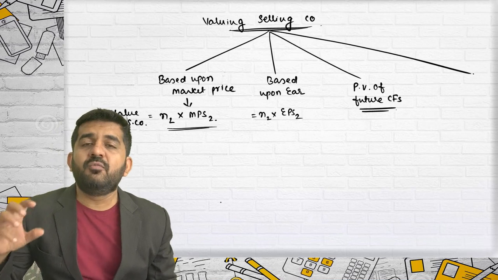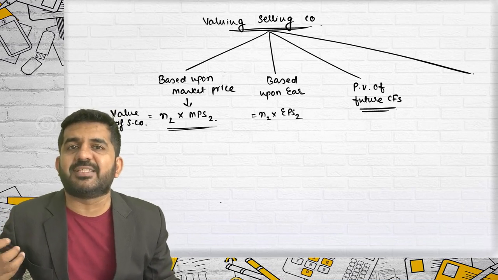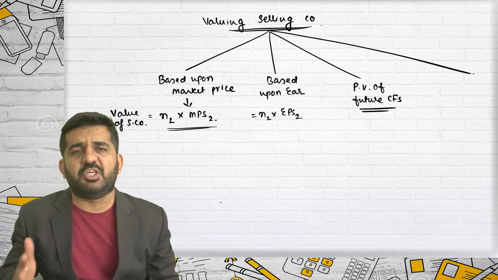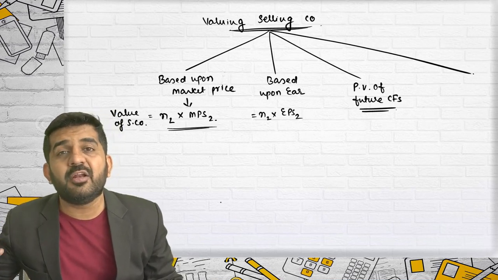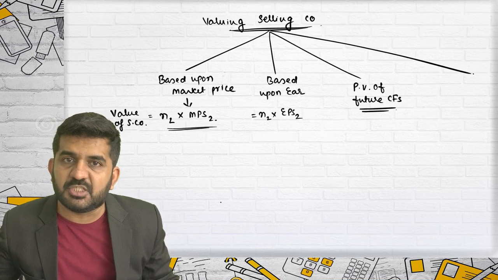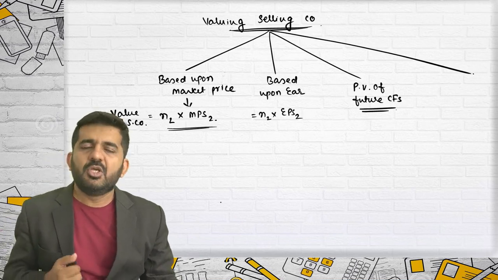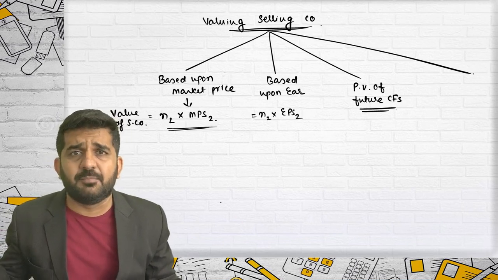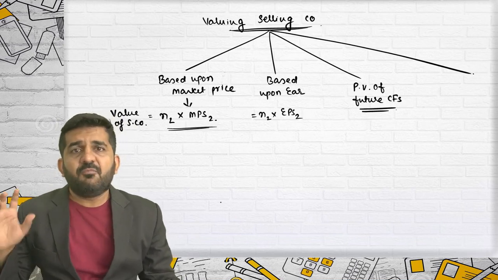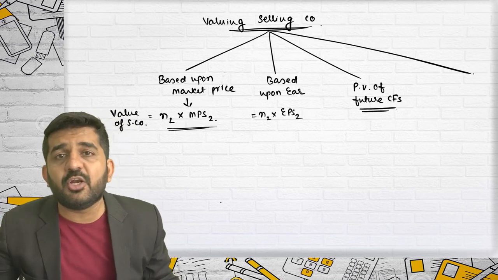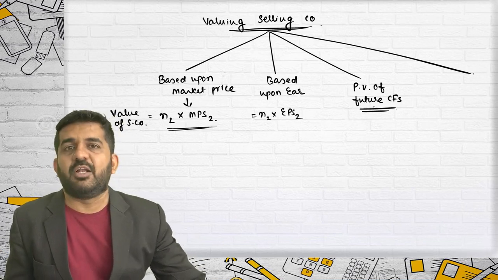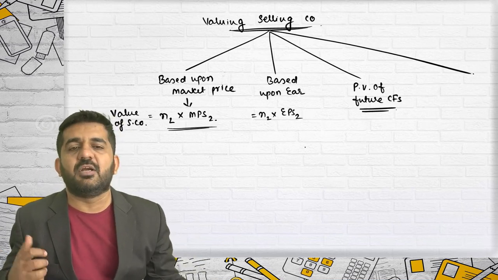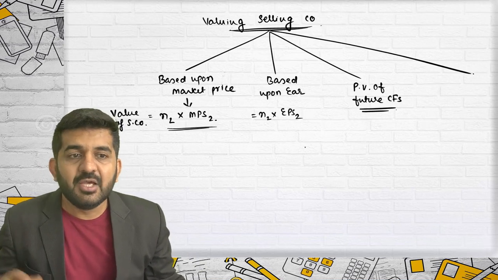How? You will determine how much cash flow the selling company is going to generate for 3 years, 5 years, 10 years, infinite. Find out your required rate of return, that is the purchasing company's required rate of return, or anyone who wants to purchase this company, their required rate of return. Find out the present value at that required rate of return. You will be getting the answer of present value of future cash flow. That is nothing but the value of the selling company.